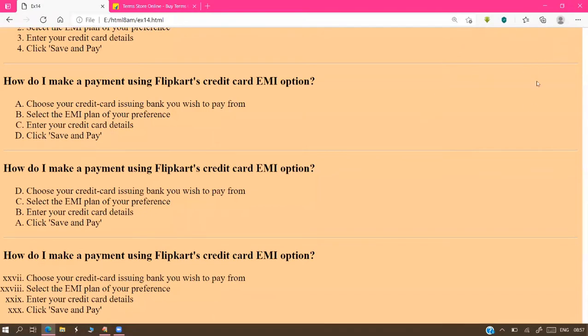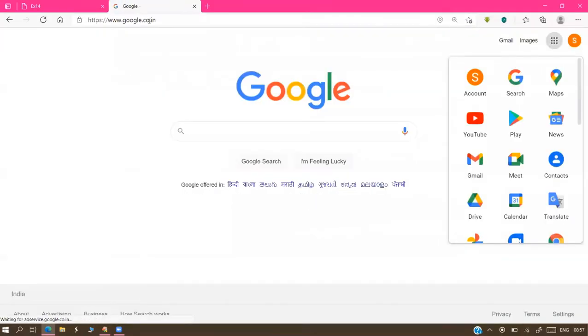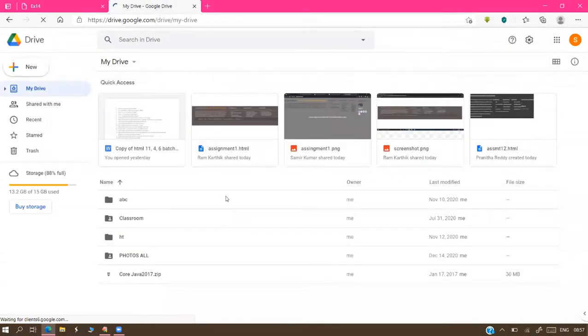Sir, can we use HR as a dash? Hyphen, sir. You can use a hyphen only. You can reduce the height and width by using the width and height properties, so we can control the size.